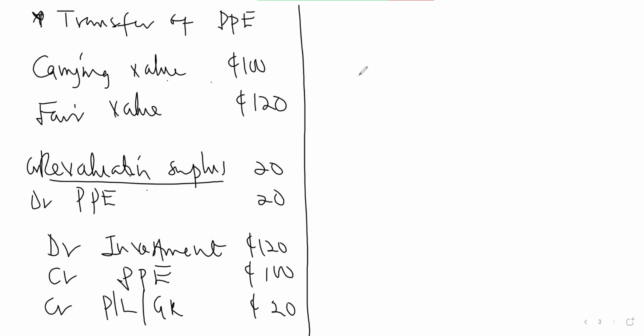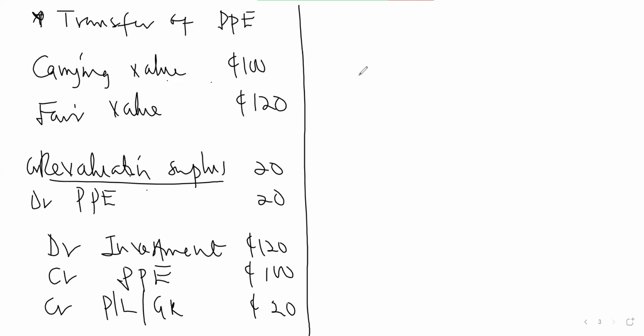So they can say a PP has been transferred. The PP will always be transferred at fair value, because in your books you may be saying 100, but in the market I can only sell this for 80. I won't accept it at 100, because if I want to sell this immediately, I'm going to sell it for only 80. So I only accept the fair value of the building. It can be a situation where the fair value will be lower than this one. That will be a loss.